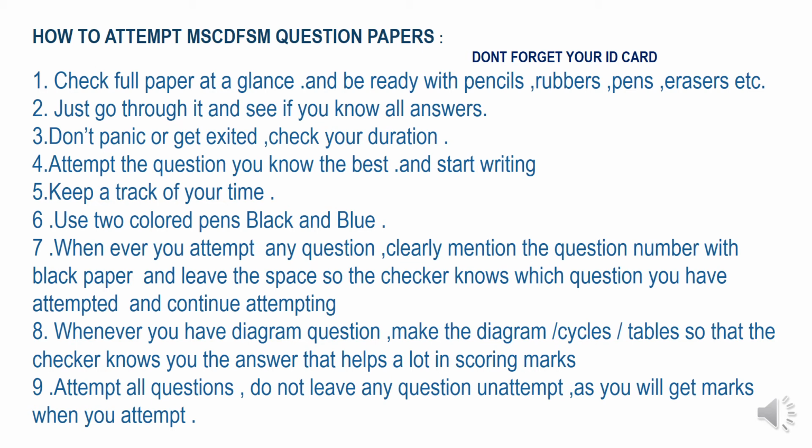Whenever you're starting questions, if I'm a checker, then I should know which attempt you have done. If it is 1(a) part, then I should know that you have written 1(a) part. You cannot write just "1" and after that just write the answer. In the first question there are parts like A, B, C, D, E, F, G, so you have to write which question number and which part you are attempting, okay.